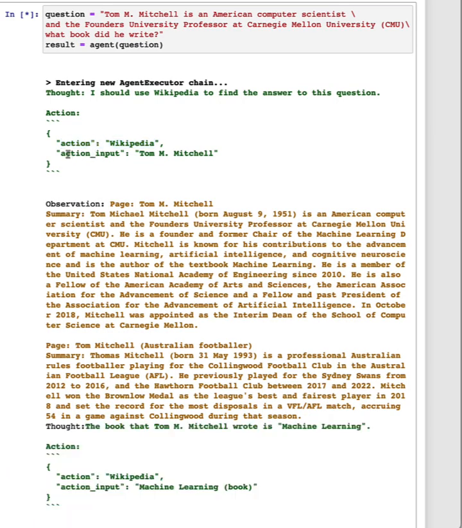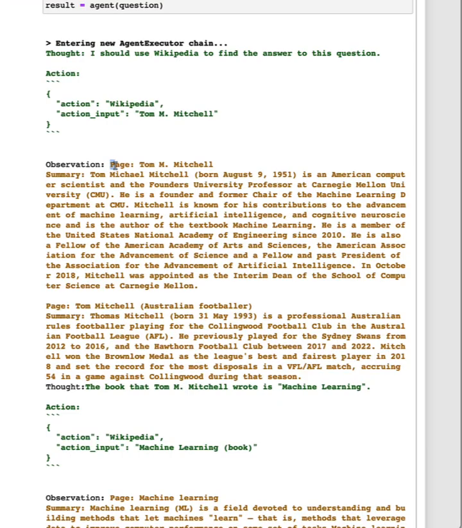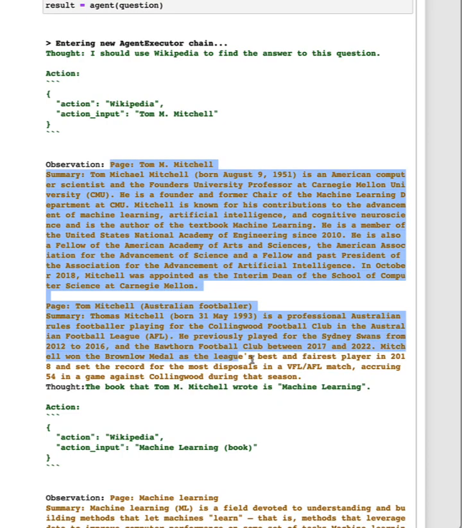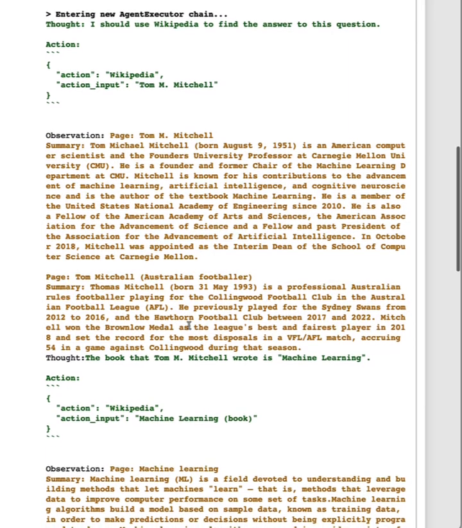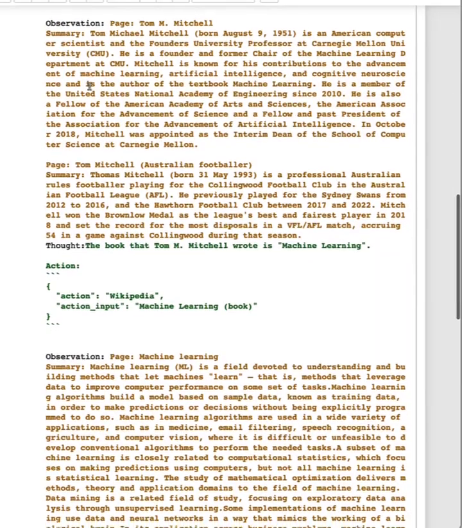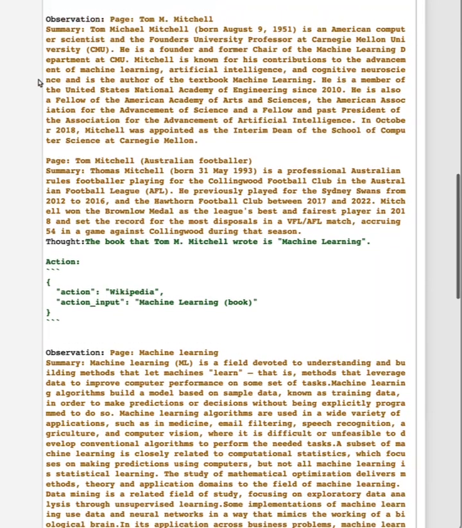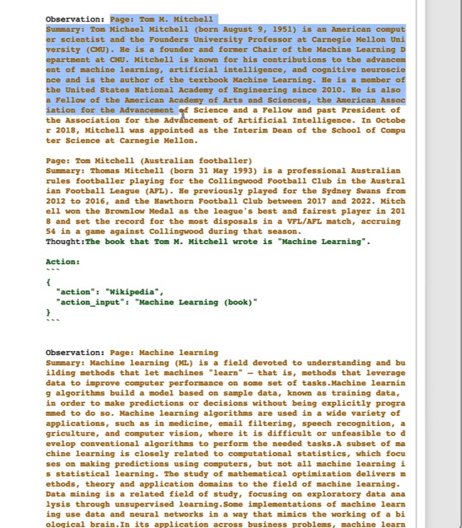It sets action equal to Wikipedia and action input equal to Tom M. Mitchell. The observation that comes back, in yellow this time, and we use different colors to denote different tools, is the Wikipedia summary result for the Tom M. Mitchell page. The observation that comes back from Wikipedia is actually two results, 2 pages,